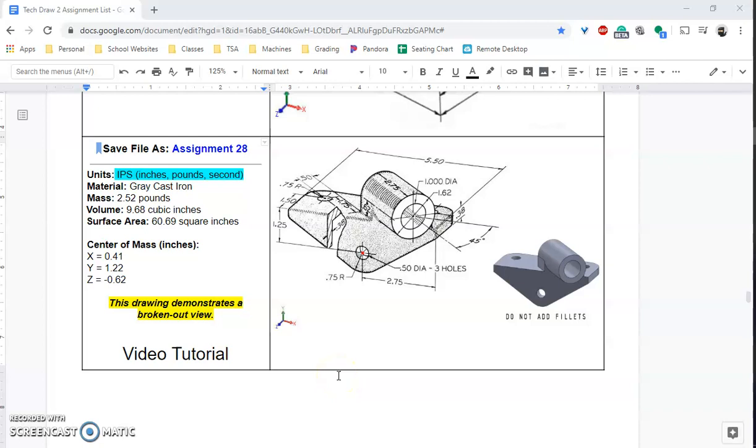Hello, this is Mr. Jarrett, and in this video tutorial, I'm going to be modeling this object right here. So far we have learned how to use a plane to do a mid-plane. We've used a plane that's offset. We've used two different planes that are created by using construction lines, and this is another example of one of